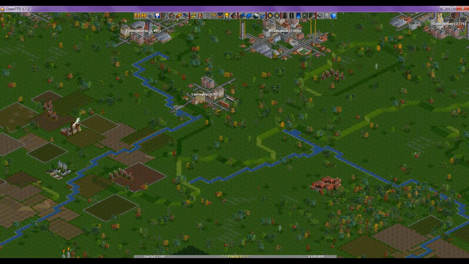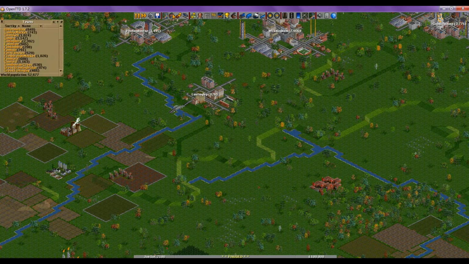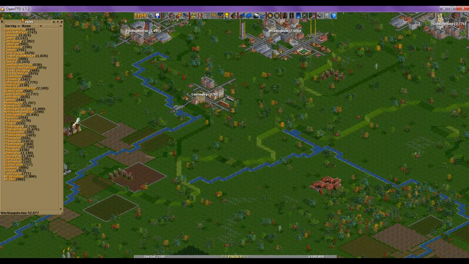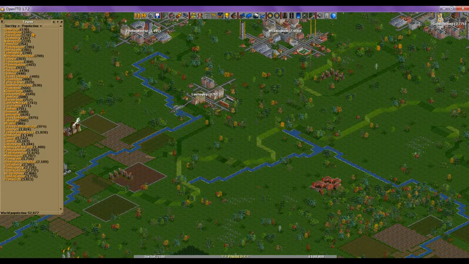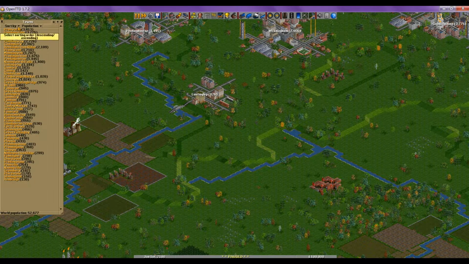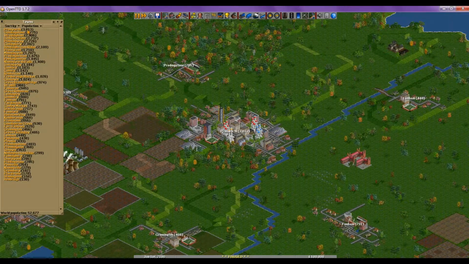And to view towns, you can just click on this town directory. Here are all the towns sorted by their name. You can click on population and the decreasing one. This is ascending order, descending order. So now it's currently set to descending order first. So this is the most populated town currently in this game, and this is the least,